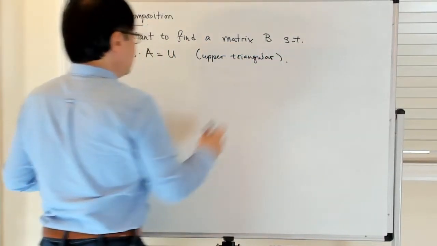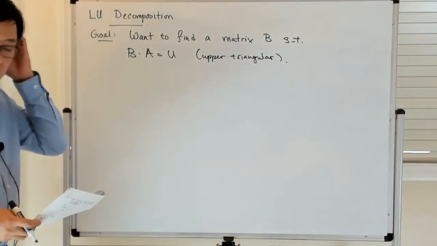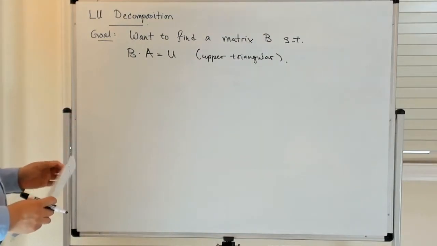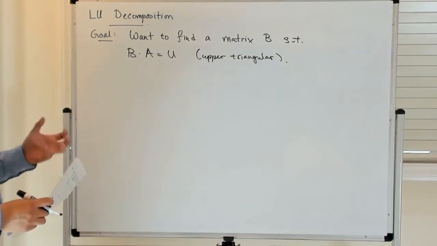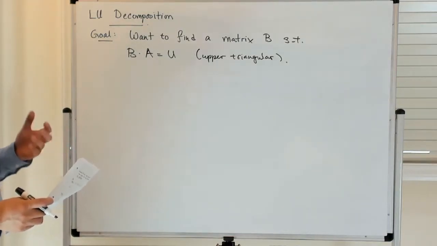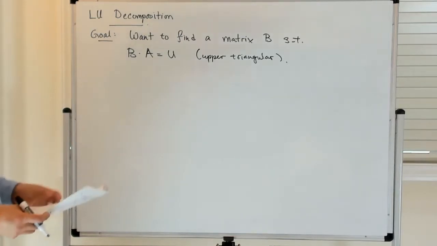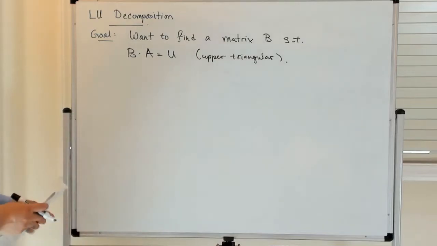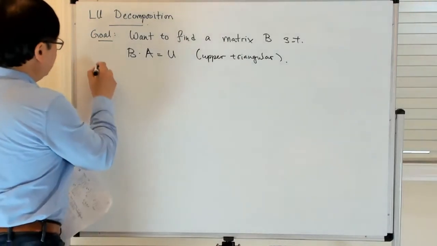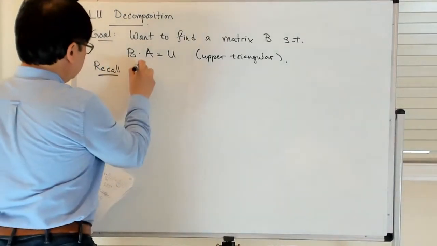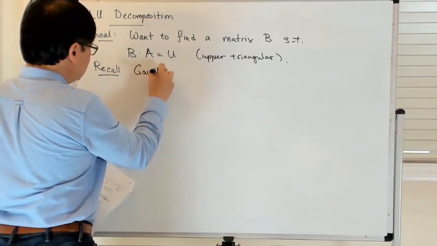So in some sense, what this matrix B is doing is that it is writing in matrix form the kind of elementary row operations one does in Gaussian elimination. So let me try to give you a sense as to what I mean by that. So let me recall the following. So if you look at Gaussian elimination,